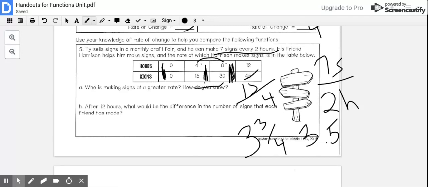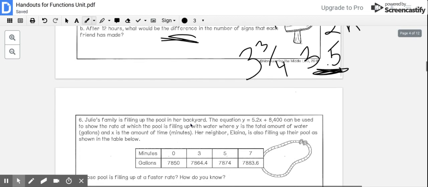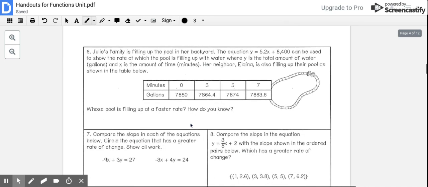And then it says after 12 hours, what would be the difference in the number of signs that each friend has made? So you have to find their unit rate. So you would take 3.5 times 12 and 3.75 times 12. And then for the difference in the number of signs they make, you need to subtract those. And you do that, and we'll come back tomorrow and check to see what you get. But we're going to keep going. Okay, the next one,